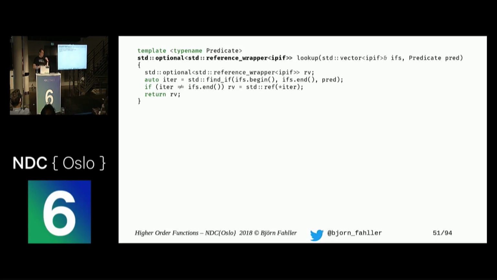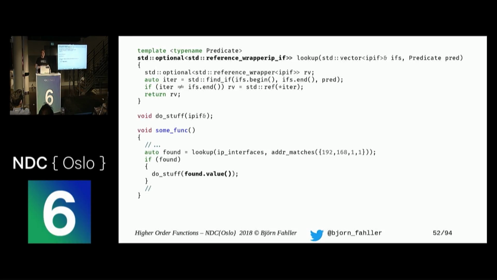This is very friendly for return value optimization if you find performance to be important, and it means you're not forgetting any cases. So in this case, I used std::find_if, and if it's not the end iterator, then I give a value to my return value. That is, my std::optional now becomes defined to have a value, and I return it. So a use case can be something like this. I look up an IP interface with some predicate, and if it is found, then I can do stuff with it. So this is kind of neat, but